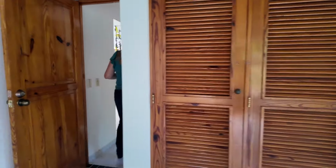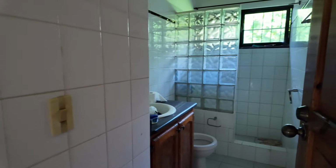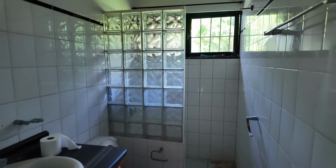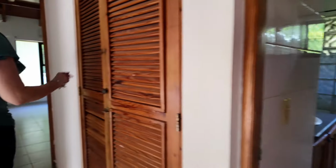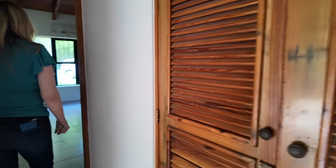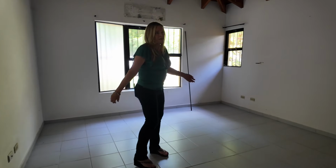Built-in closet. And then here you have one of the bathrooms. This is also the bathroom that is shared with the visitors. Like I said, it needs a lot of work, but it's a good property. Some storage on the way to the master. So the master bedroom is nice and spacious,